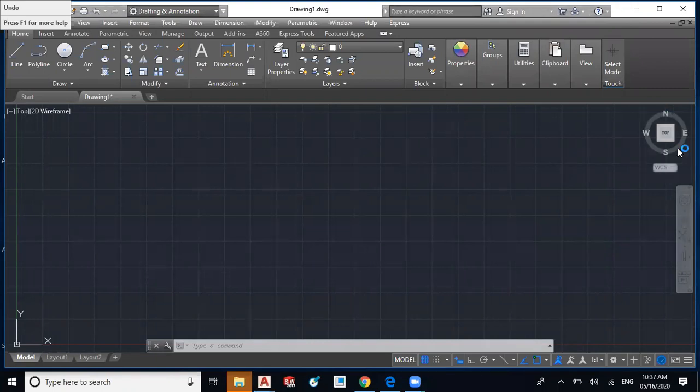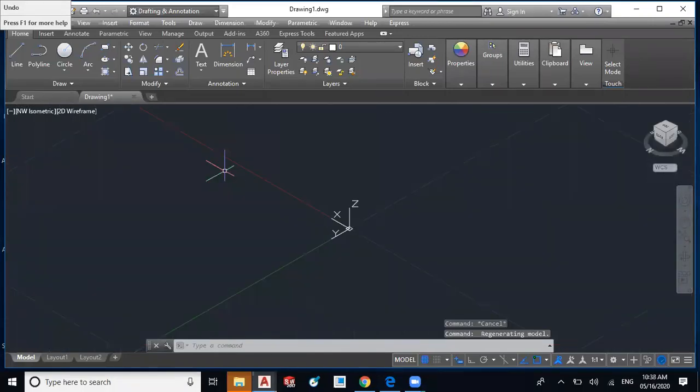Then this is the view cube. By using this view cube, you can set the views and the direction of the drawing. So the default direction is set north up, south down, east and west, and the default view is top. Okay, sometimes it may happen that you mistakenly click on the cube, and the orientation of the user interface or UCS gets changed. And now we have to set this in the default top view and north direction upward. So how can we set this default?